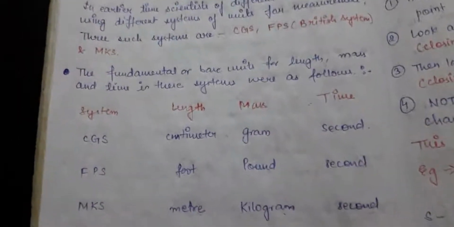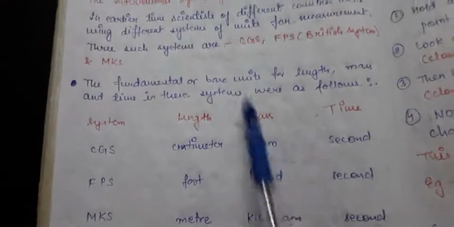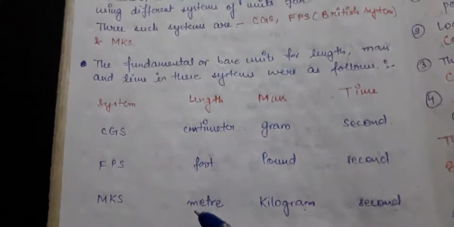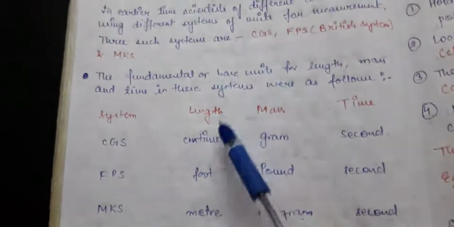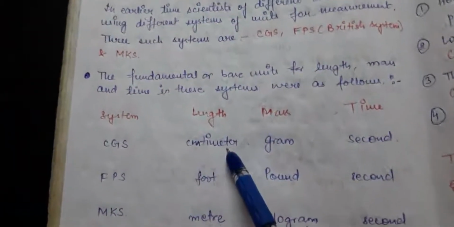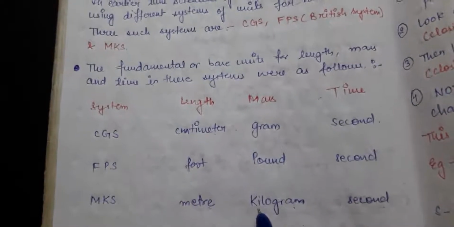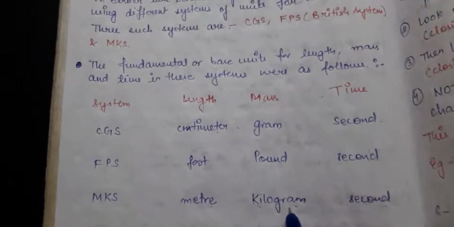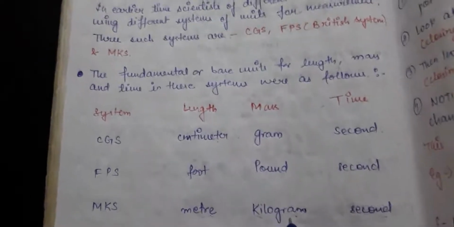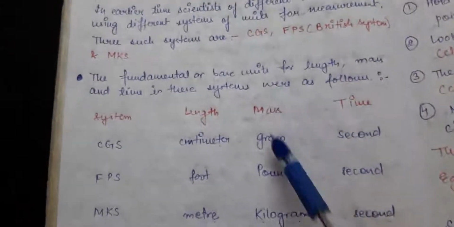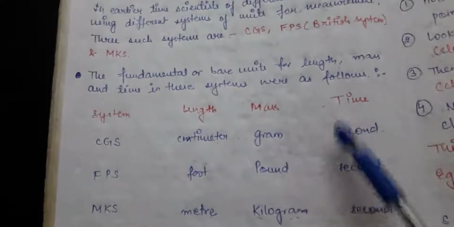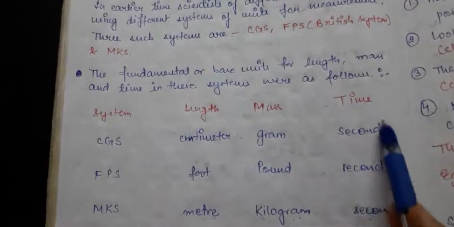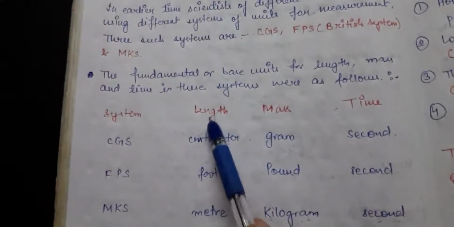But the other countries, suppose we take Europe into consideration, they were following the CGS system. Means what? If India is measuring any length in meter, the European countries were measuring the same length in centimeter. When the Asians were using the kilogram for measuring any mass, the European countries were using gram to measure anything. And when the Indians were using the second, they were also using the second, so no problem with the time issue, but the problem was with respect to length and mass.